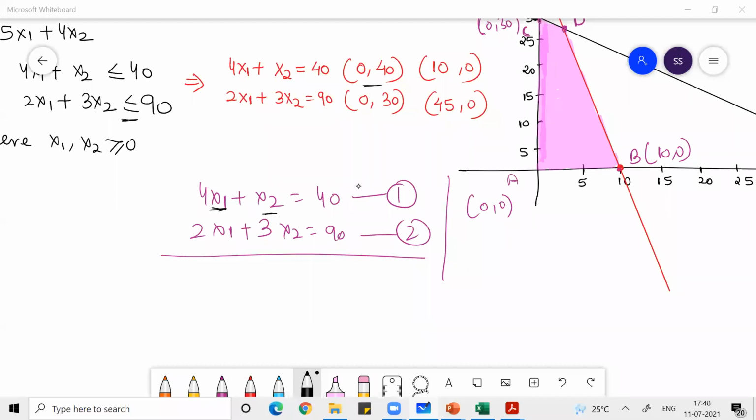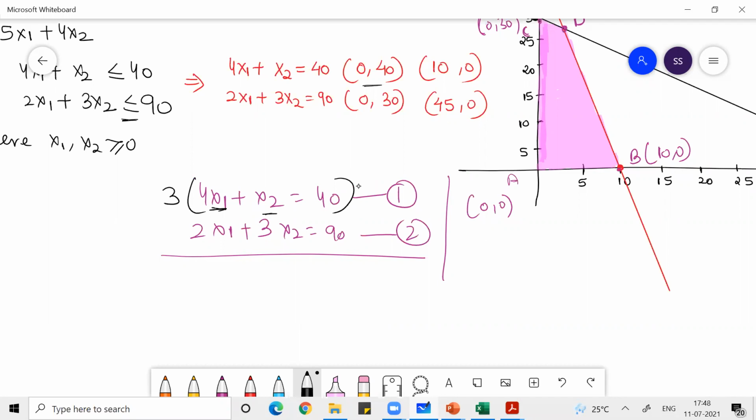Now if I have to cancel x1, what should I do? Shreyas, which equation, what should I do? You need to multiply the first one with 2 and the second line with 4. Shreyas, what you are saying is 100% correct. Otherwise, in a much easier way, you can multiply this directly with 2, and your work will be done. Or if you want to cancel x2, you can multiply by 3. Anything you do, both mean the same thing.